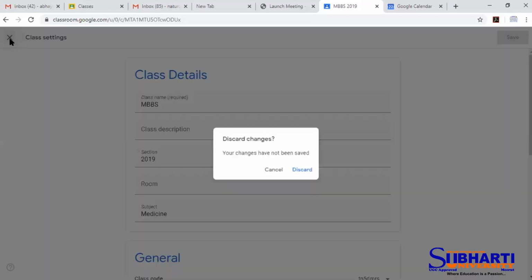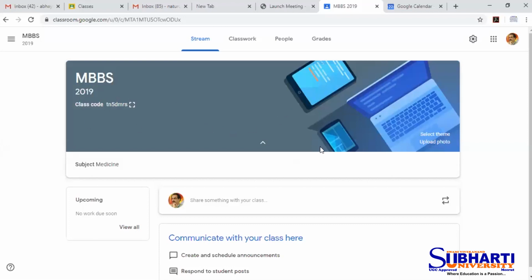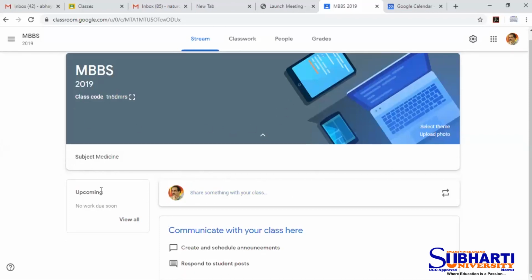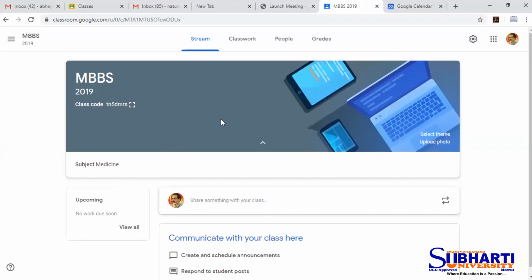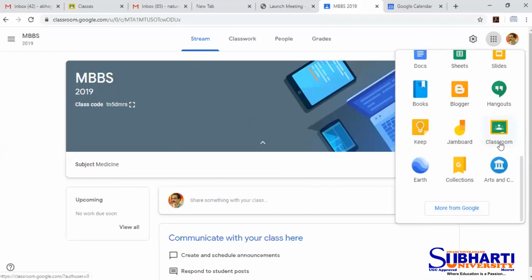We'll go back now to the main user interface of Google Classroom. As you can see here, you can also access other apps of Google from here, like we began the classroom by clicking on Google Classroom here.